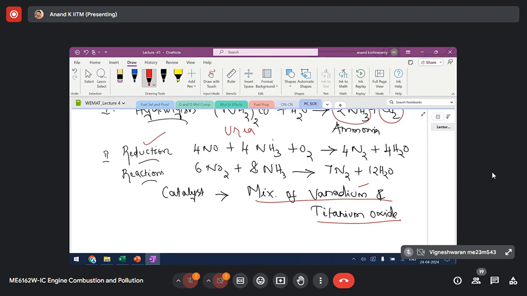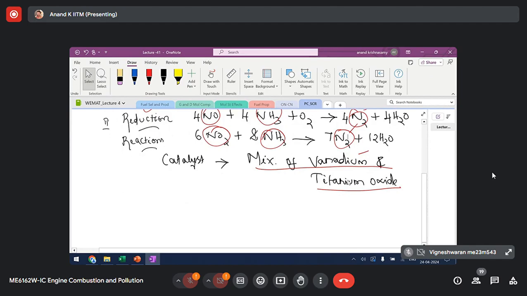In the presence of this catalyst, ammonia converts NO and NO2 to nitrogen. So there is a reduction reaction happening in the SCR bed. Through the reduction reaction, you are converting both NO and NO2 to nitrogen, and the clean gas is let out into the atmosphere. The typical molar ratio is around 0.9. This is a typical molar ratio of ammonia to NOx, okay, which you have to carefully fix,